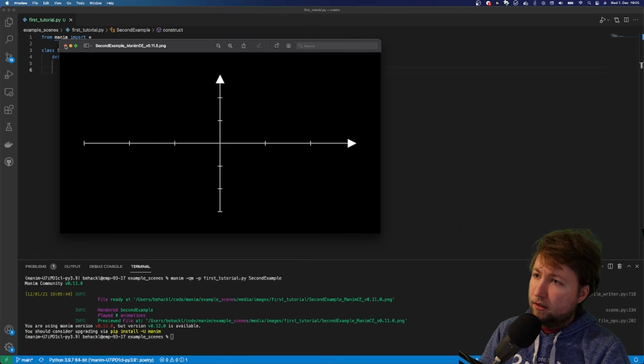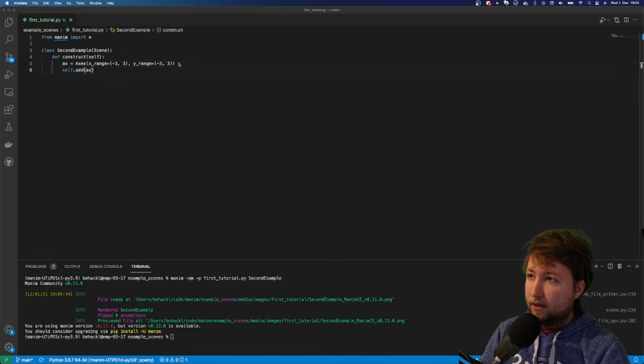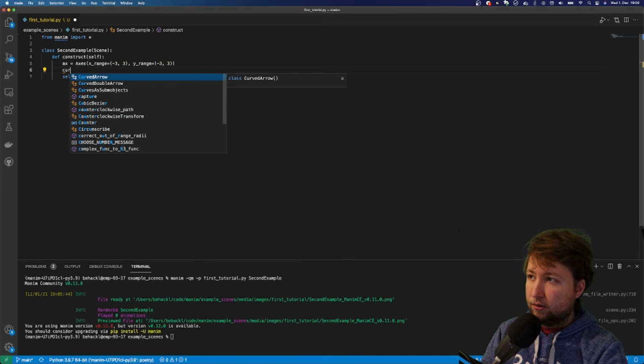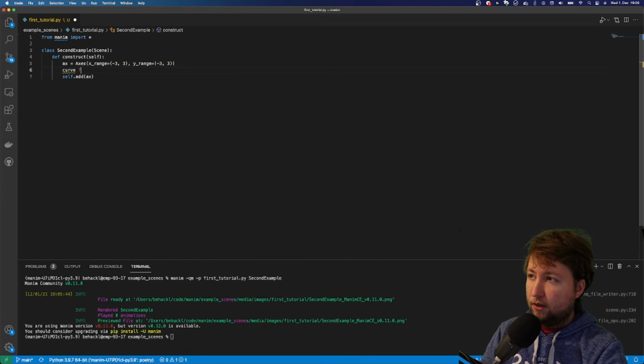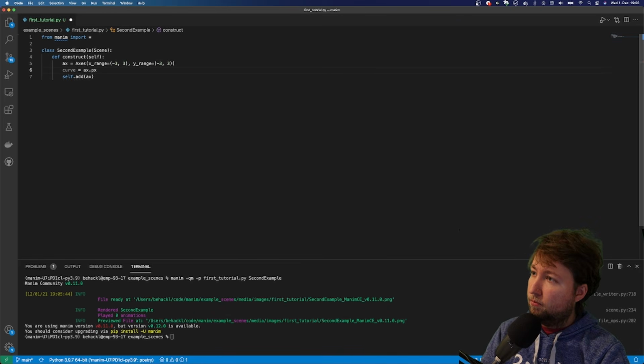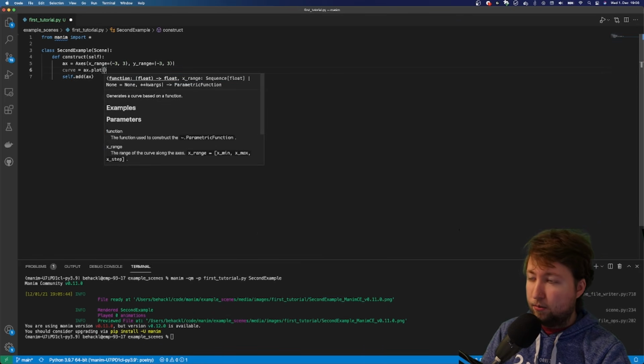All right. Now to these axes, I want to add some sort of plot, which I can do by saying, well, now I want a variable called curve. This should have my plot of some function. Let's say, and to plot it, I can use the plot method of the axes actually. So I can say my axes dot plot, ax.plot.